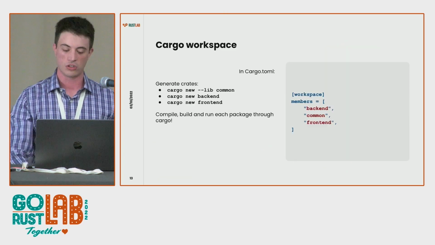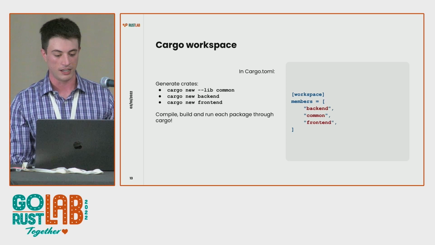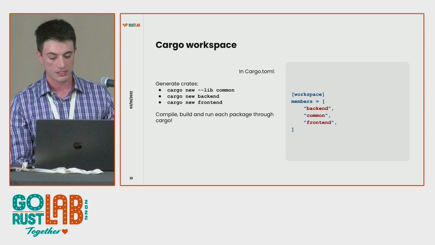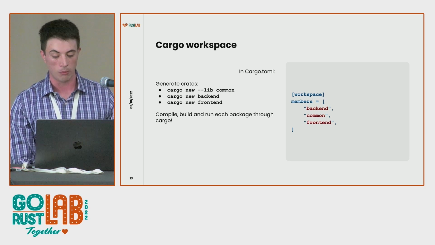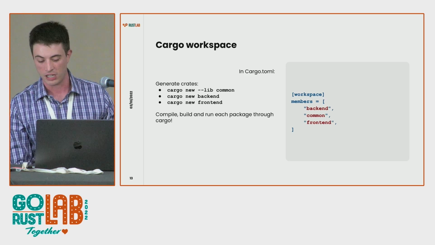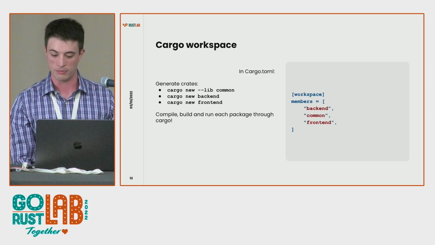So for the Rust code, I ended up using a monorepo approach in just one workspace. In this cargo workspace, I've created two binary crates, one for the backend and one for the frontend, and then a library called common. And in common, obviously, I will put all the shared types and functionality that is used both in the backend